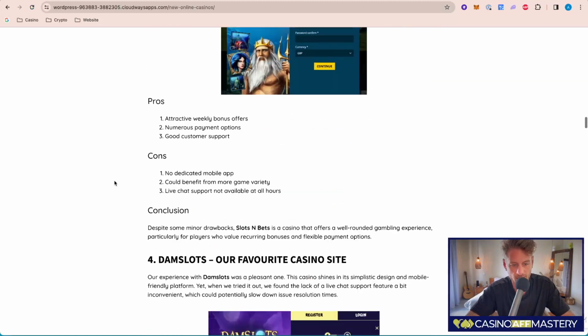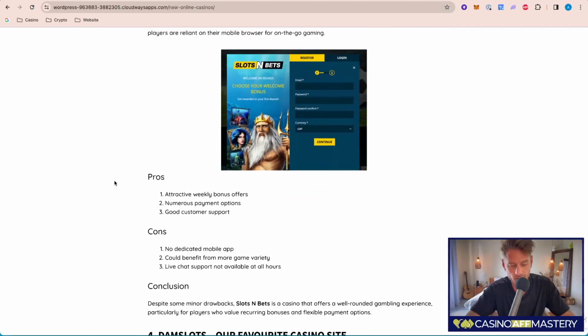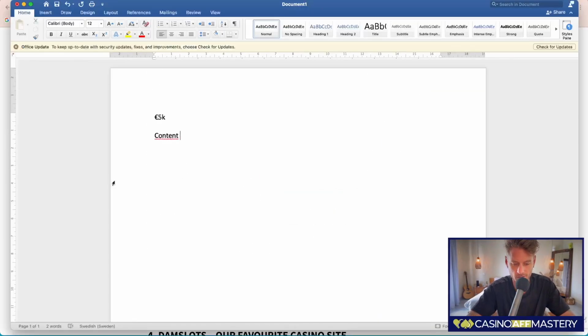So let's say you have 2,000 word articles, and one of these articles could be like 150 euro for one. You want to get started with maybe 10 pages. So that is going to be 1,500. Let's say it's something like this. Maybe you even want to have more pages, like 20, it's 3K. So I think that's one of the biggest costs.